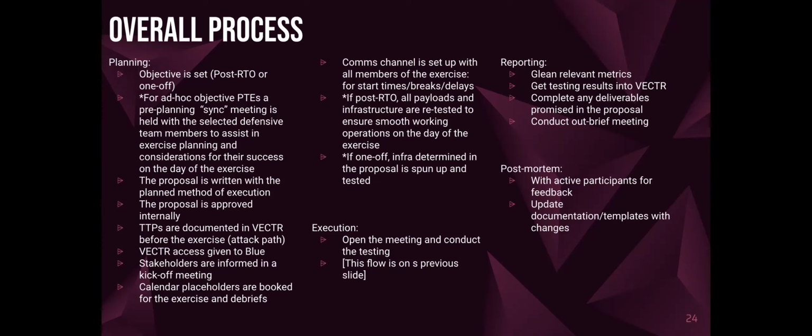And we're not just investigating false positives, which no blue teamer enjoys, to my knowledge. So you execute the exercise, you do your reporting, you glean your metrics, get results into a tool or into a report. I don't like reports. I recommend using tools or heat maps,